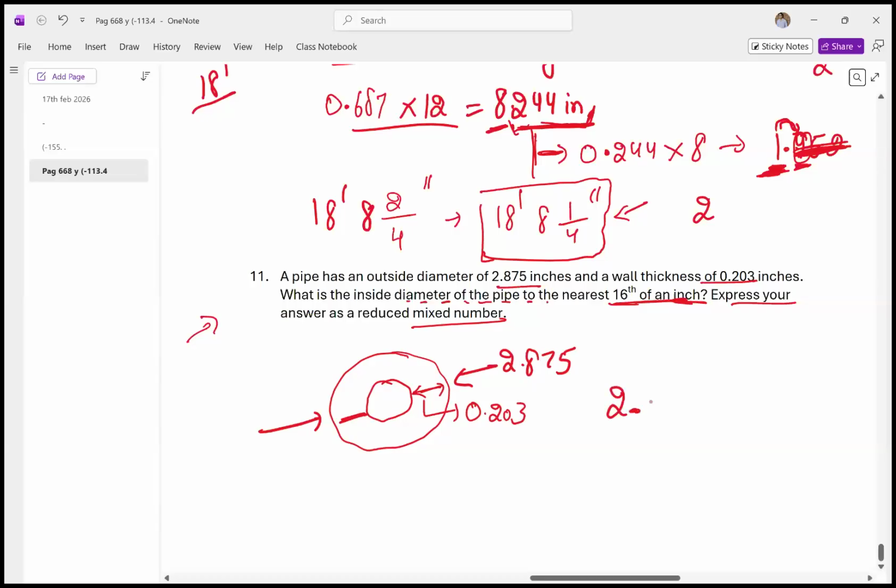So 2.875 minus 2 times 0.203, because thickness is here also, thickness is on the other side also, so I have to subtract it twice. So 2.875 minus 0.203, and one more time I'll subtract 0.203, which is equal to